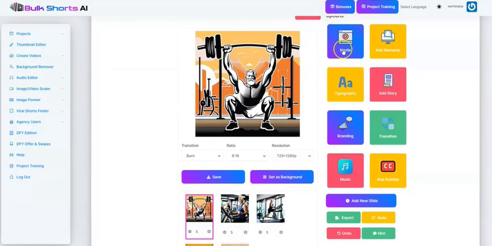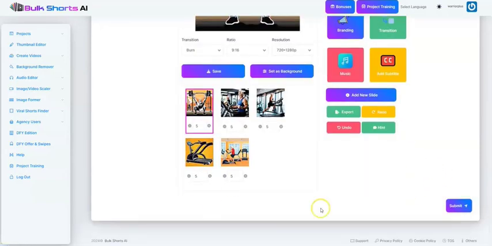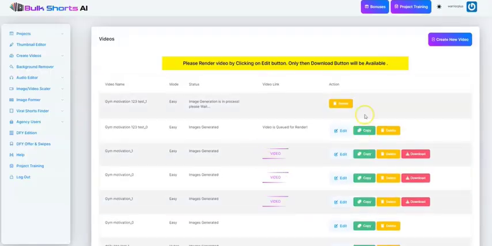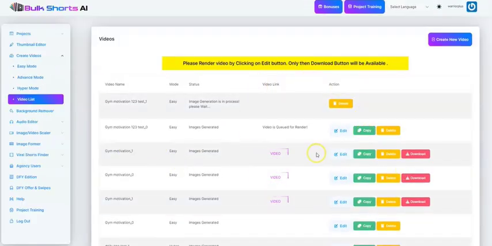I can make changes, I can add in media, I can add in elements, put typography, add in stories, do my own branding, add CC, add music, add slides, and once that is done, all you have to do is just submit, and the video will be ready to use,